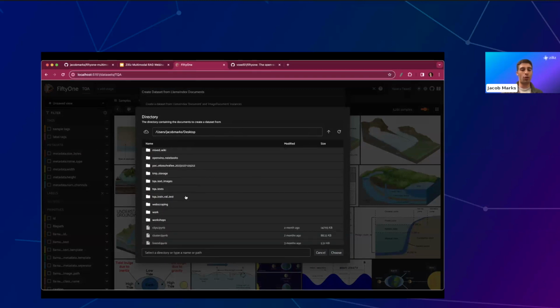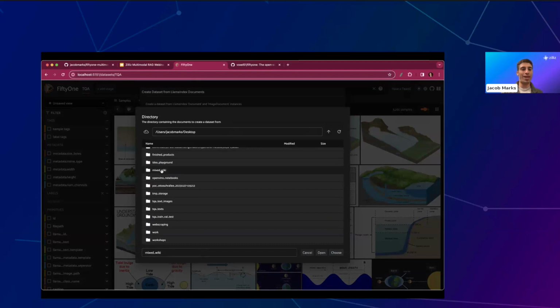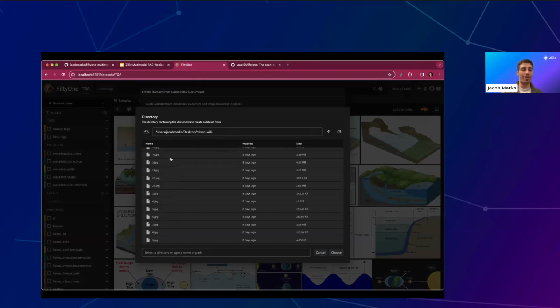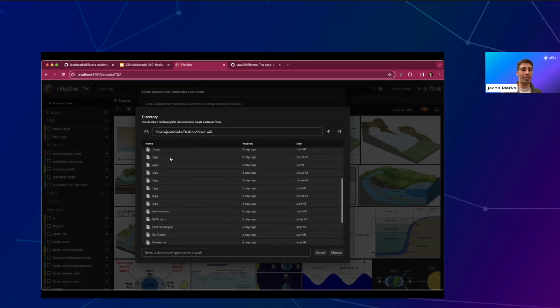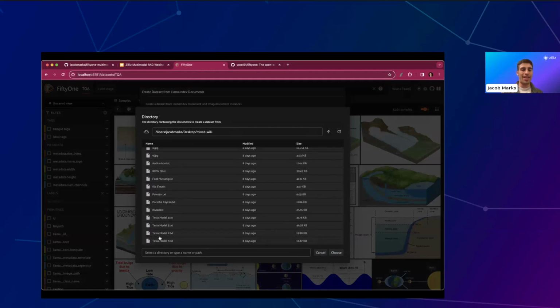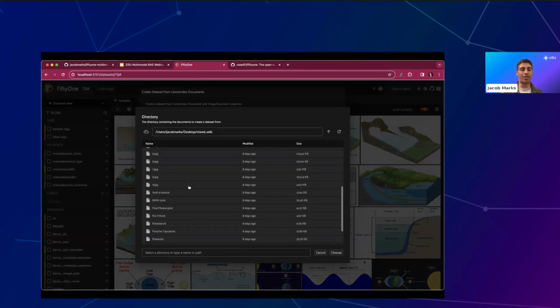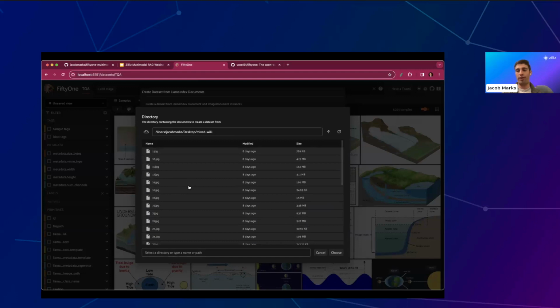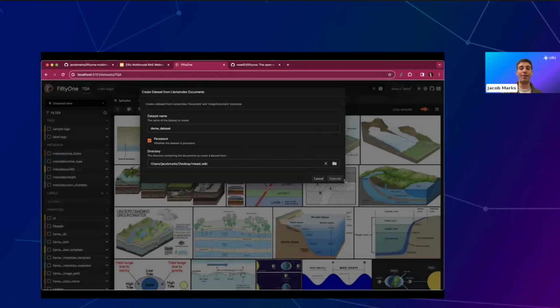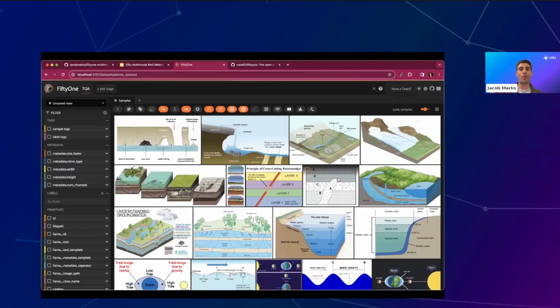I'm going to take this mixed wiki that I have here, and I can actually look inside and see all these different images and these text files. And there's a lot of different types of data in here. Of course, it's not massive because I wanted this to be able to show in a very, very short time frame. But here we're going to choose this mixed wiki, and then we're going to execute.